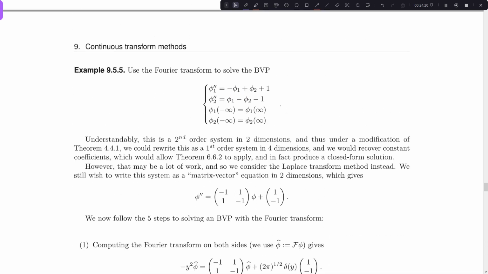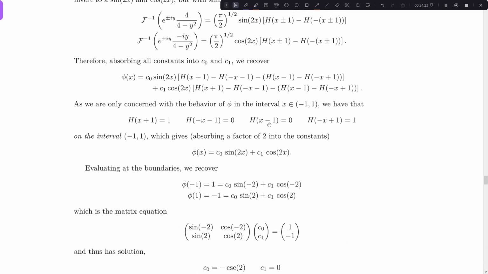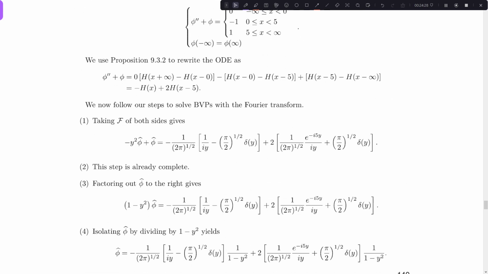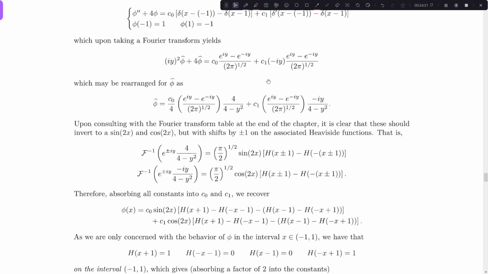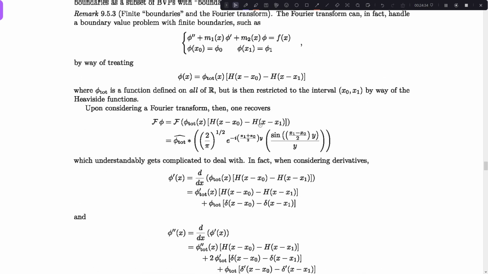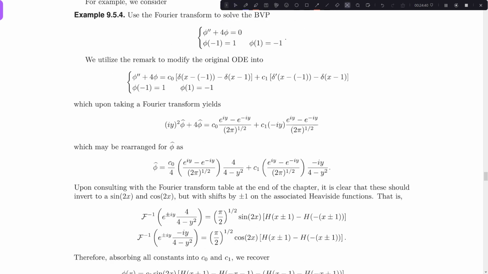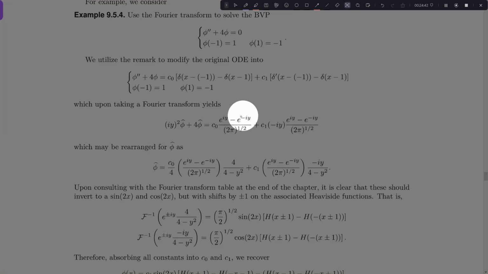So I'm going to get e to the minus i x naught y here. All right, it's right there. So I have x naught was -1 and 1, so e to the -1 iy, e to the -1 iy, all over 2 pi to the 1/2, and then I'm doing the same thing here,